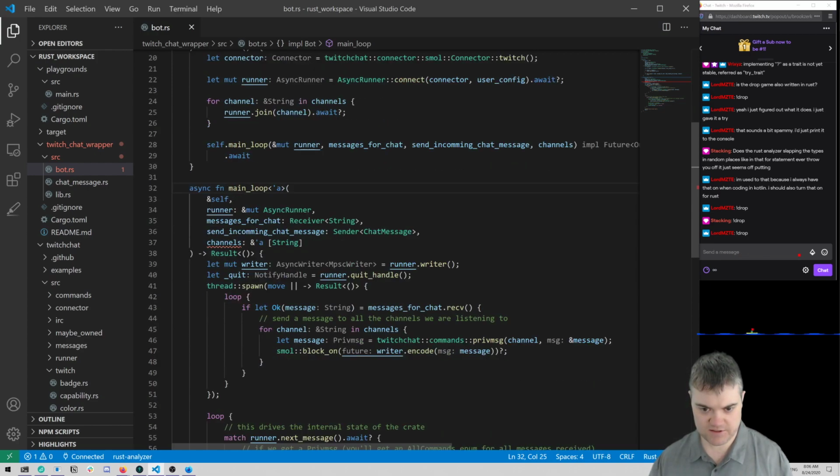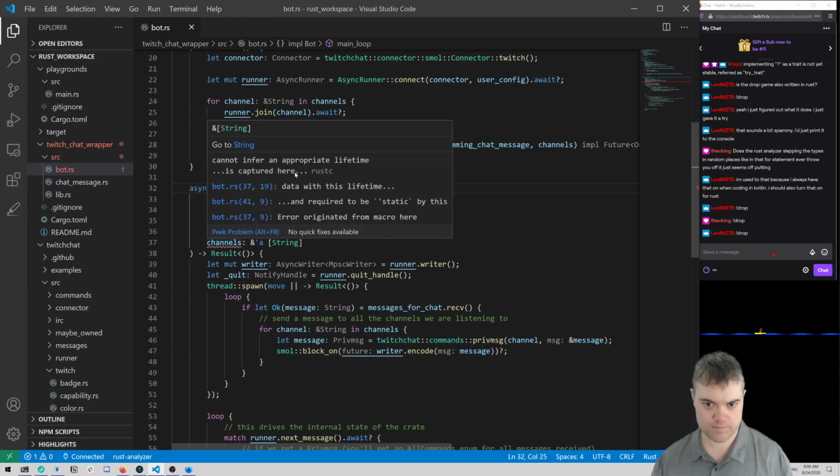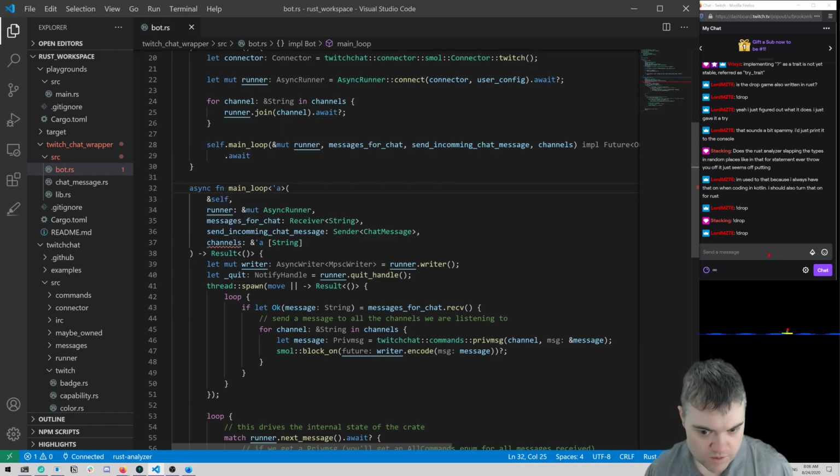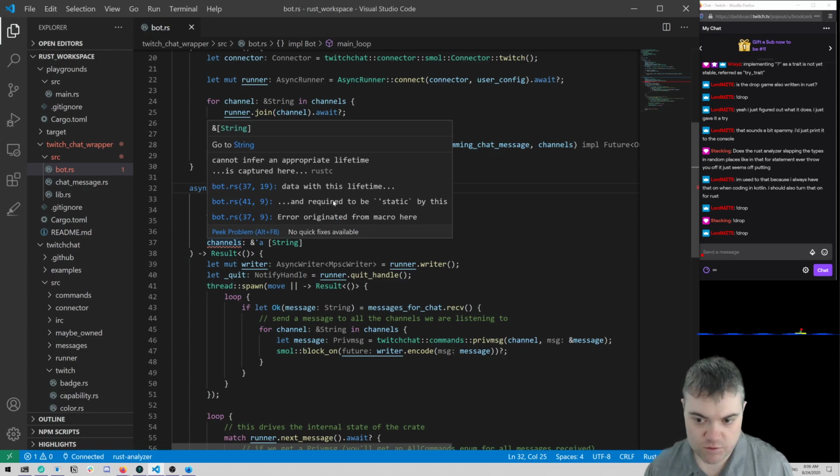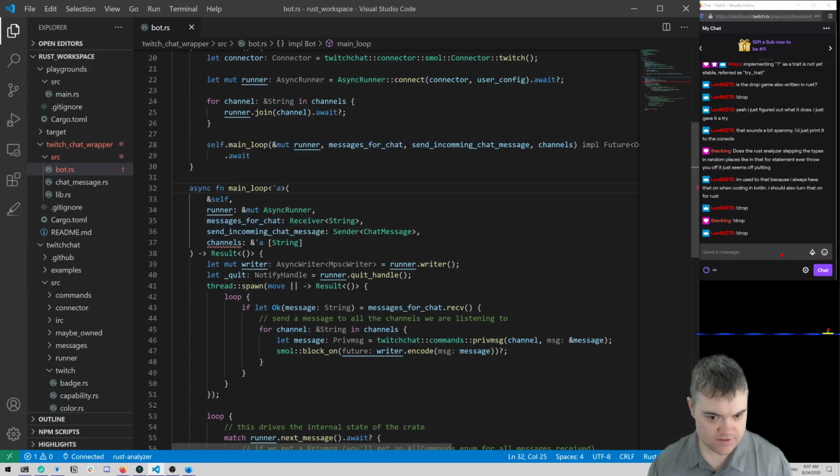Okay, cannot infer an appropriate lifetime is captured here. And then the return result, well, there's no lifetime. We're consuming it, it's going away. Ooh, wait, on line 41, when I move, required to be static by this. And 37,